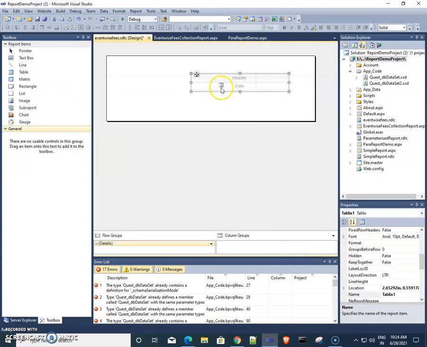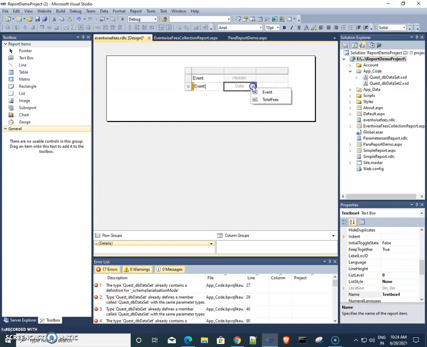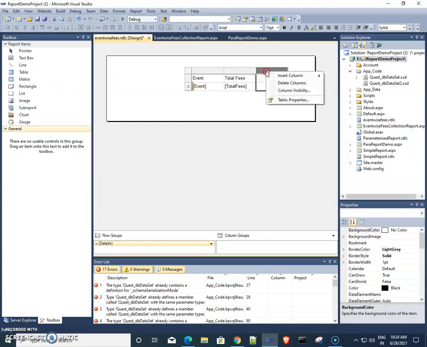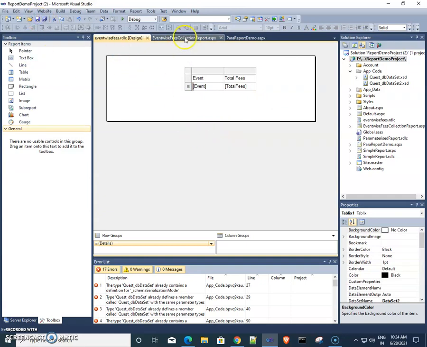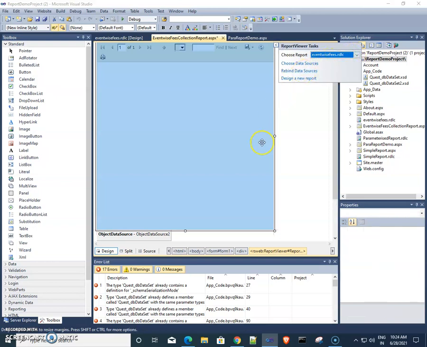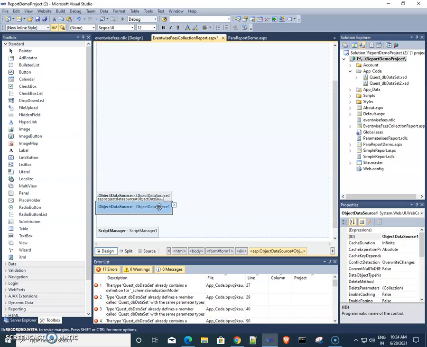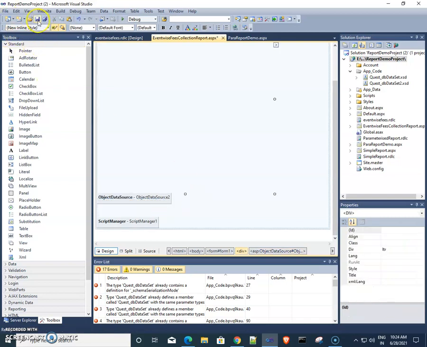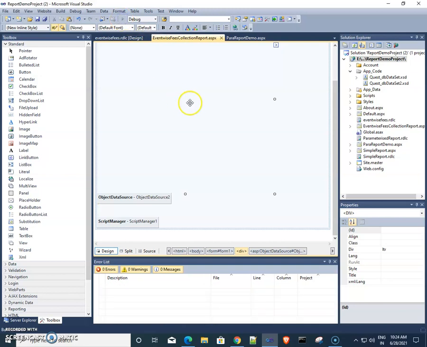This column I am deleting. Once again I'm saving all my work and executing this web page.